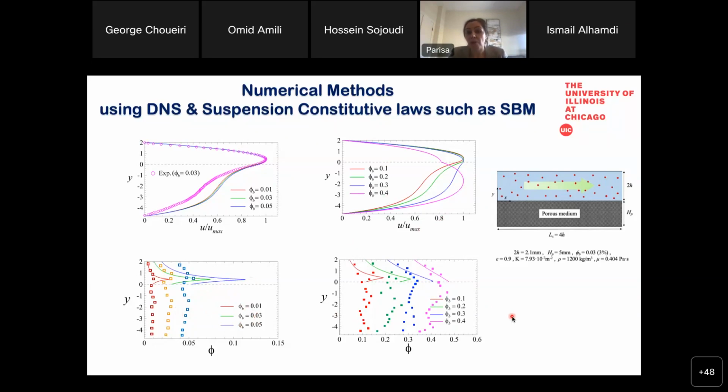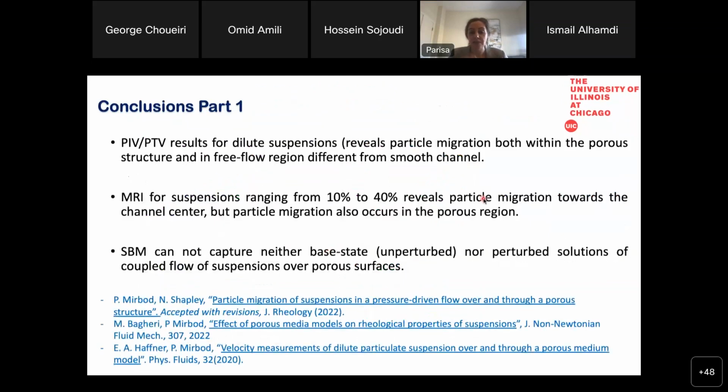And this is not surprising, first of all, because in the experiment, the particles are actually moving inside the rods. But in this model, for the porous media, there is no particle motion inside it. And this is one of the reasons that we did some different analysis. Recently we are using IBM, and I'm going to show you in detail some of those results as well. With IBM, we got some interesting results.